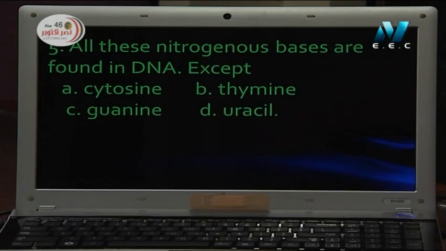All these nitrogenous bases are found in DNA except كل دول موجودين في ال DNA ما عدا السيتوزين، ثايمين، جوانين، يوراسيل. يبقى دلوقتي ايه اللي موجود؟ كل دول موجودين في ال DNA. ايه الوحيدة اللي مش موجودة في ال DNA؟ هي مين؟ هي اليوراسيل. اليوراسيل هي النيتروجينوس بيز الوحيدة اللي موجودة في ال RNA ومش موجودة في ال DNA. تمام؟